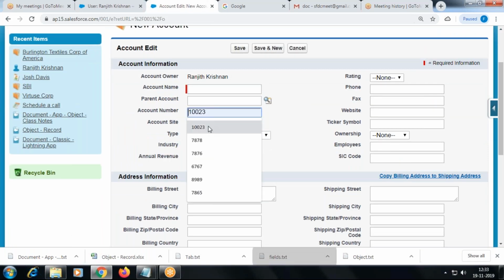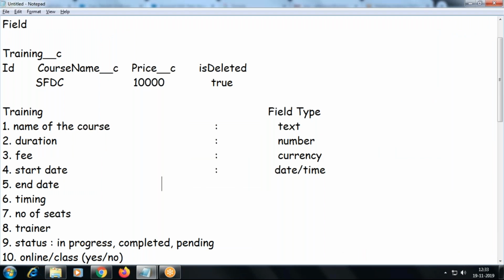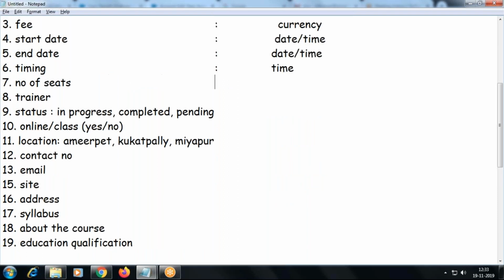What about this? Just a number field. Okay, so number field, date time. Again, timing, which will capture only the timing. There is a type called time also. What about number of seats? Number.